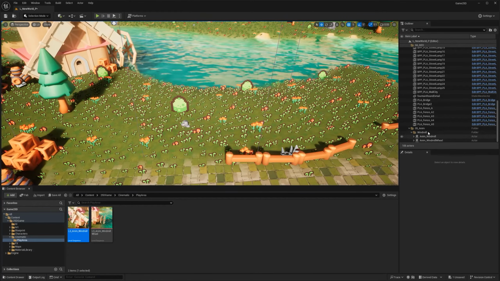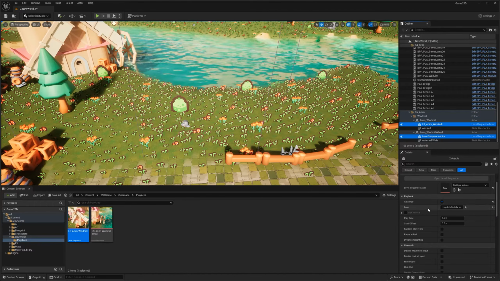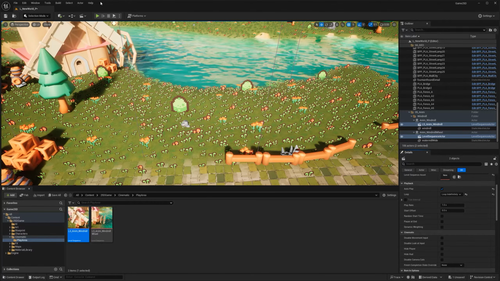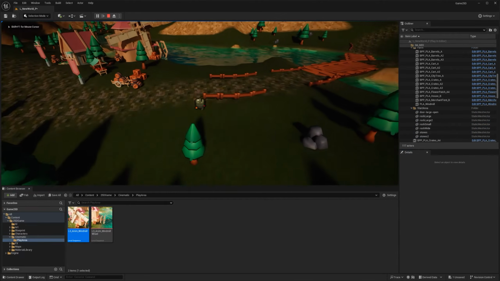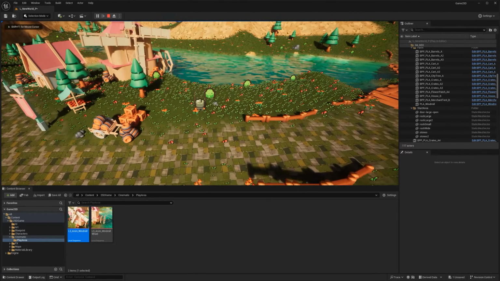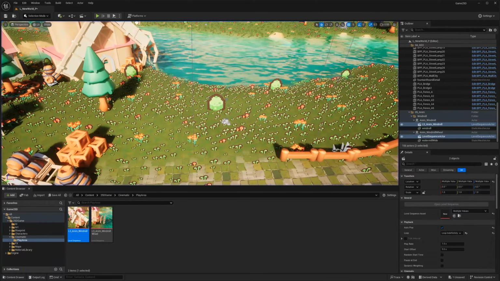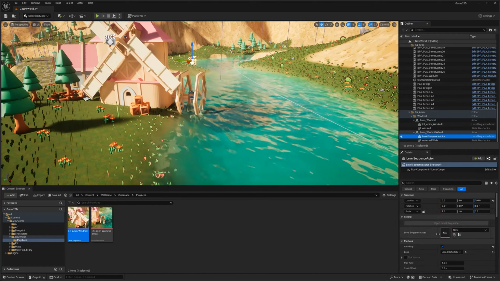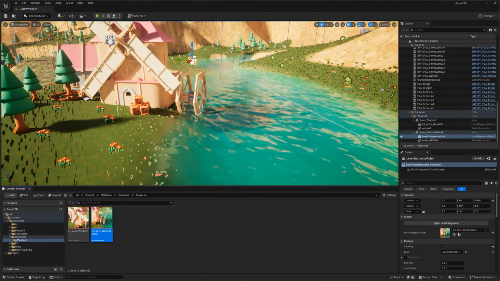That is because I need to make sure that this is set to autoplay. Loop indefinitely. Let's test again. There you go. For some reason, the other one is not. Oh, that's why. Because the sequence has nothing applied to it, so it doesn't know that that's the sequence I need to play. Because I created instead of dragging.